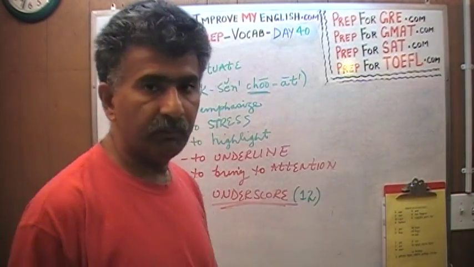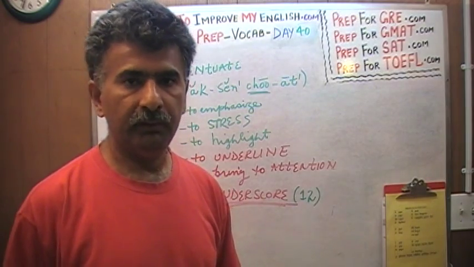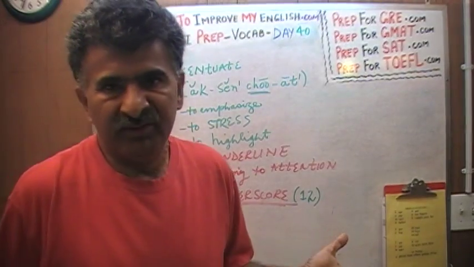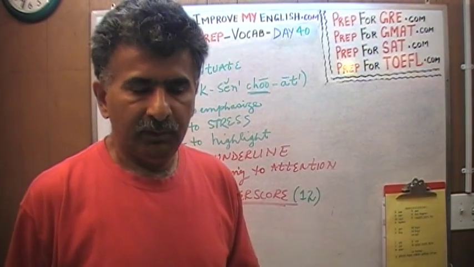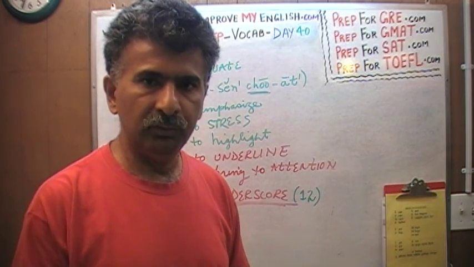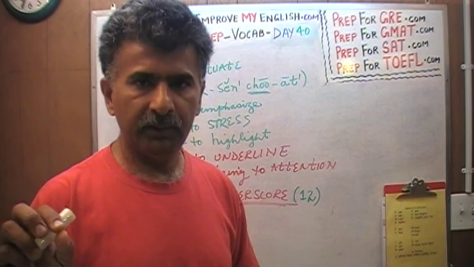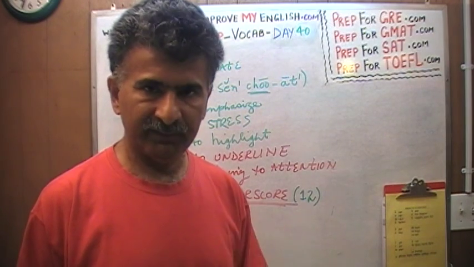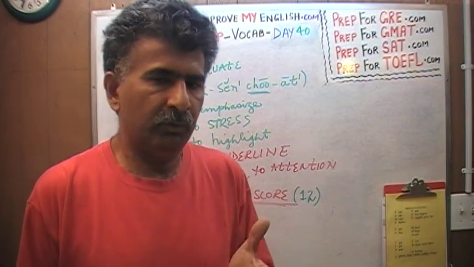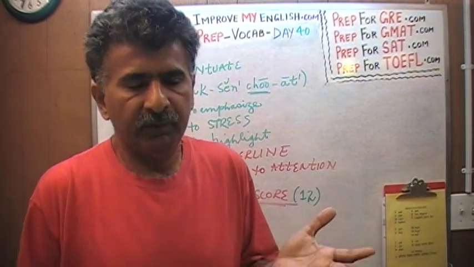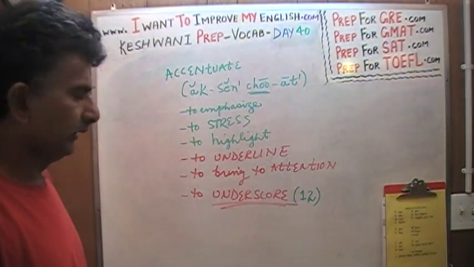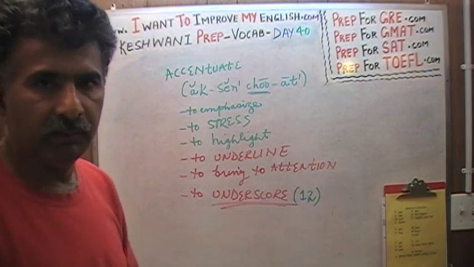The word underscore comes from the olden days, the time before the computer, when people used typewriters. In the typewriters, if you wanted to underline something, you had to press a key, just like in the computers you have to do Control U to start the underlining part. You press a key and then type whatever it is and it will be underlined. And that key that you would press used to be called underscore. That's where the word comes from. To underscore means to underline.